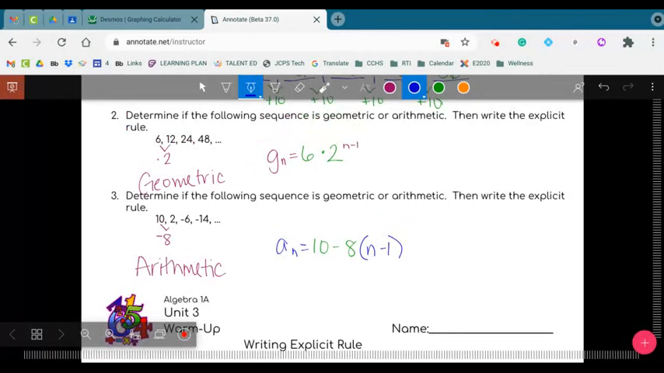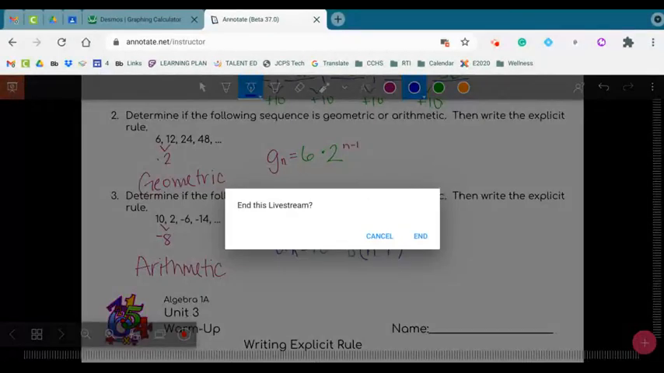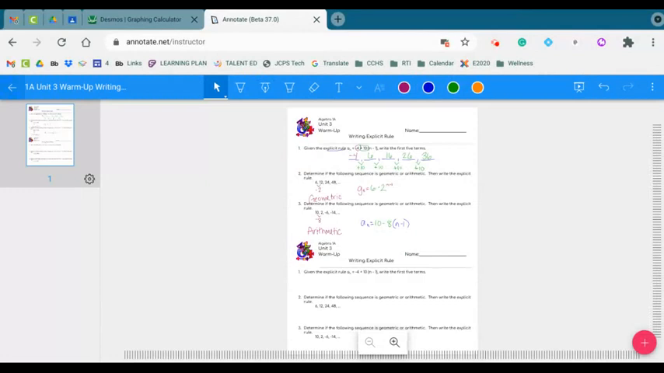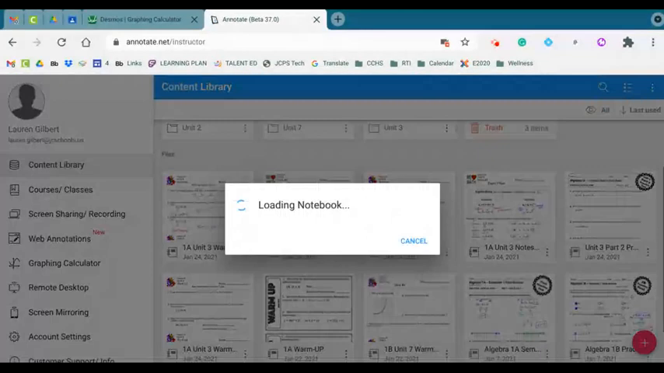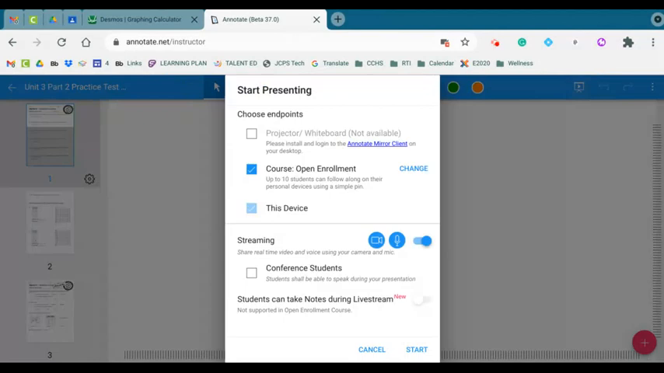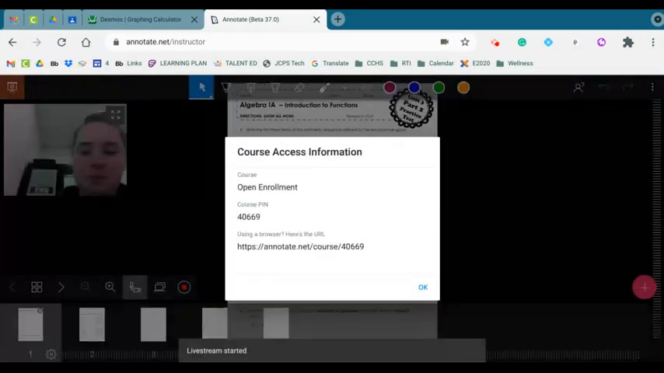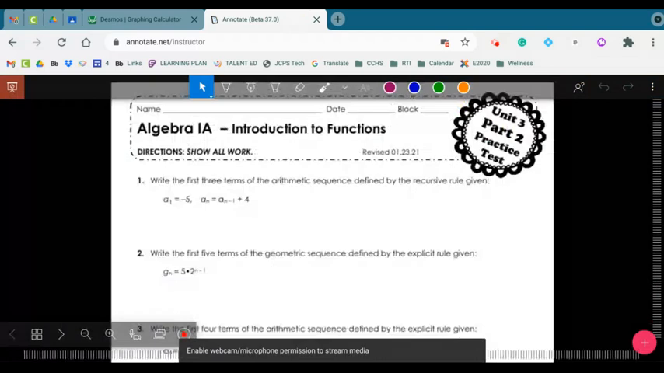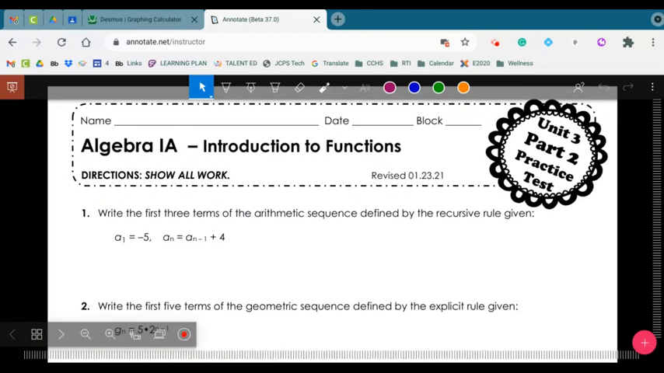Now we are going to get started on the practice test for Unit 3, Part 2. So this goes into account everything we've been learning for this unit. So the first one says write the first 3 terms of the arithmetic sequence defined by the